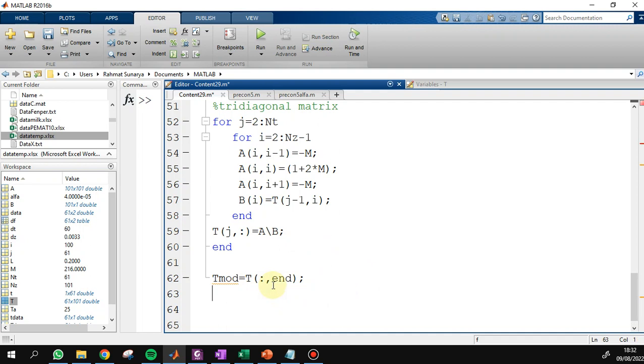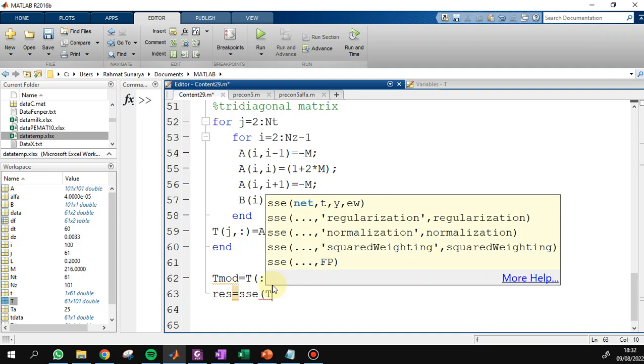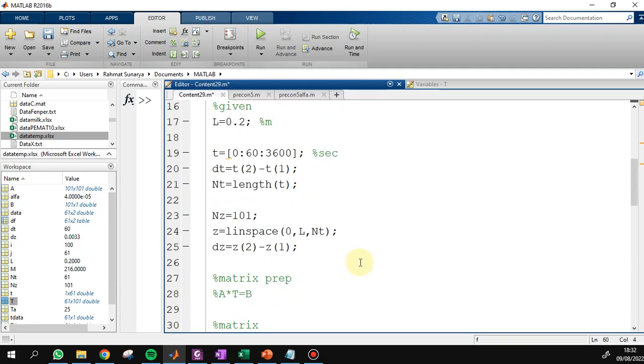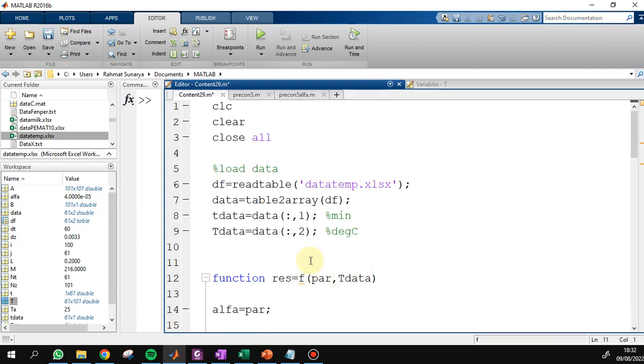Next, res equals SSE of T model minus T-data. Okay, now we move to the solver.